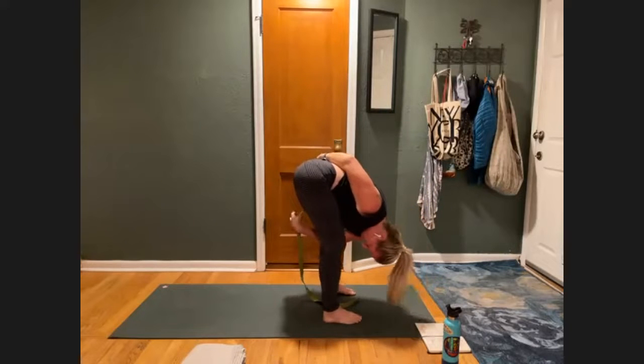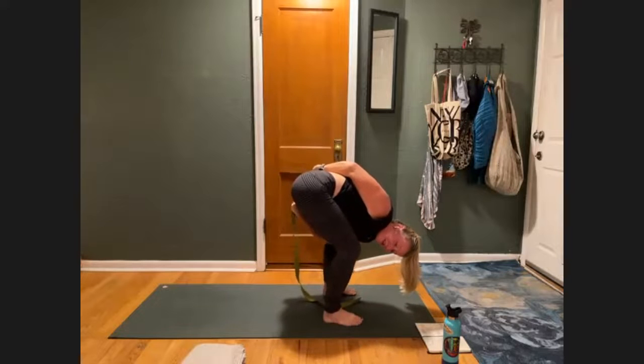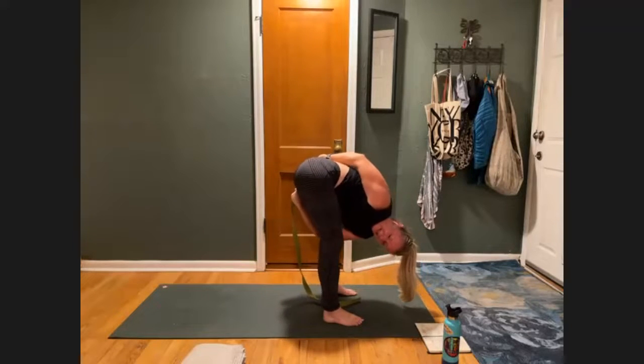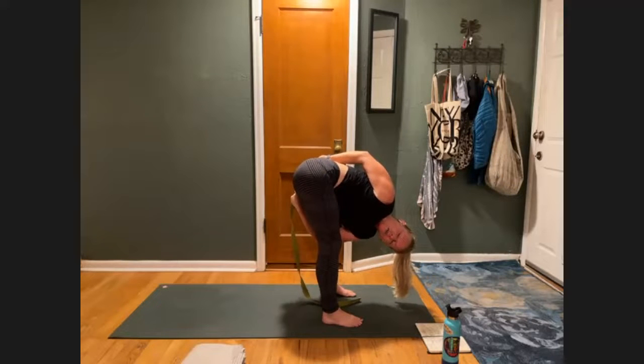All right, from there, start to bend even more. Choke up on the strap. Maybe your fingers meet, and then begin to straighten your legs. As you straighten, your right shoulder will come back, your left arm will draw through. Relax your head. So even here in this very humble folded forward fold, you're twisting slightly, opening your heart to